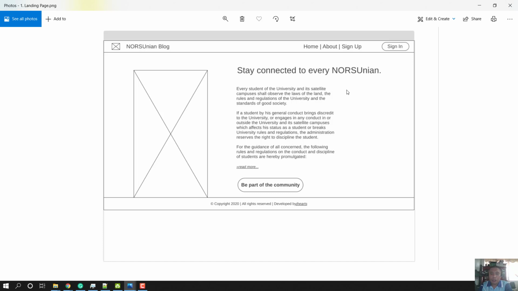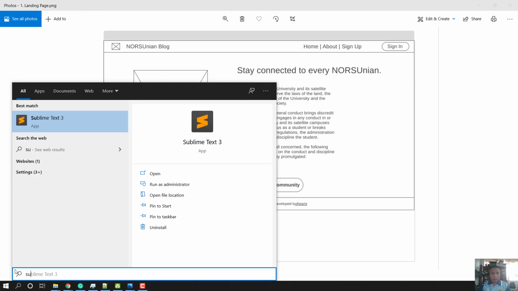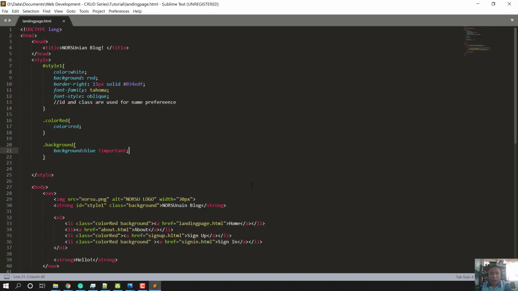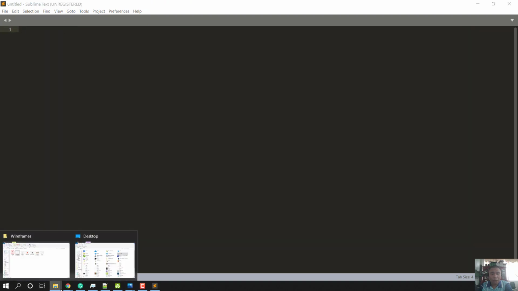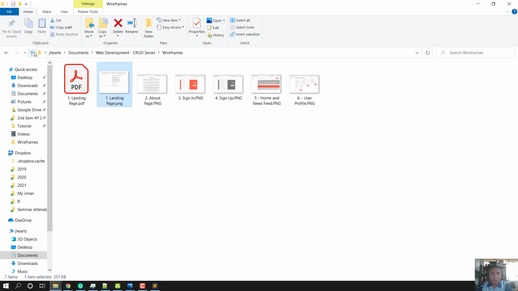Okay, so please do not hesitate to ask me questions if dili kini ninyo mag-grasp ang idea. Okay, so this is our basis. So next thing we're going to do is to open any text editor. So in my case, I will be using Sublime. Okay, so now let me close everything since gahapon yesterday we all created some files that